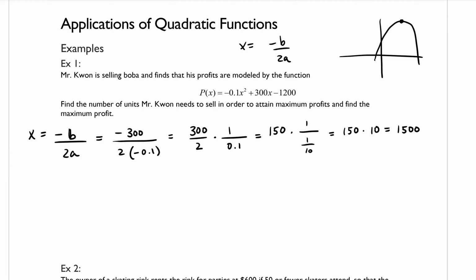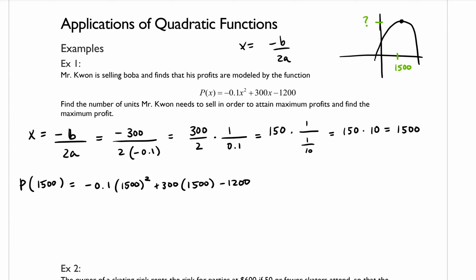What that number represents is the number of units that I need to sell in order to attain my maximum profits. So on the graph here, this number would be 1500, and then the profits would be that value there. Right now, we don't know what that is, but we are going to figure that out. So we want to plug 1500 into our profit function. So p of 1500 is equal to negative 0.1 times 1500 squared plus 300 times 1500